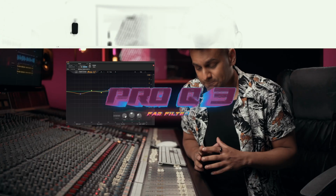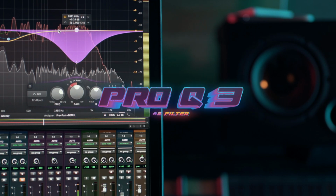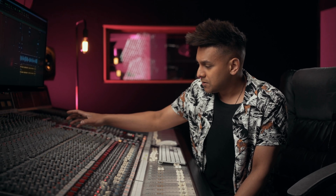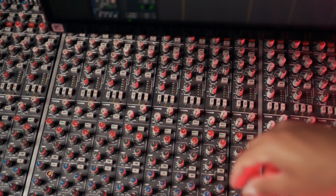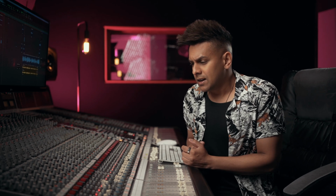ProQ3 by FabFilter. It's my main used EQ out of all of the EQs that I own. And I know what you guys are thinking. You're thinking, you're mad. You've got this beautiful SSL board with beautiful SSL EQ. You've got all this outboard gear that you've convinced your family and your missus that you need to have. You spend so much money on it, yet you still go out and you still choose to buy a $200